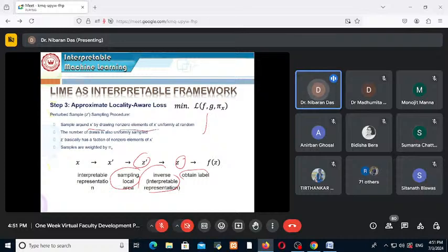drawing non-zero elements of X dash uniformly at random. This is very important, as we discussed, and the number of draws is also uniformly sampled. Z dash basically has a fraction of the non-zero elements of X dash. Samples are weighted by